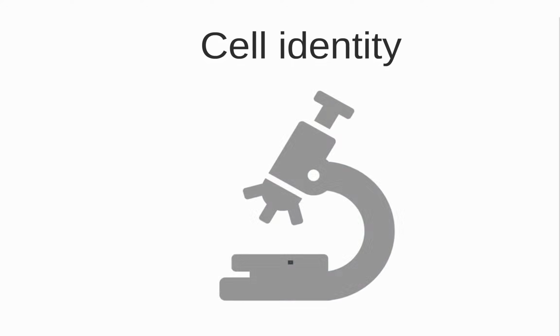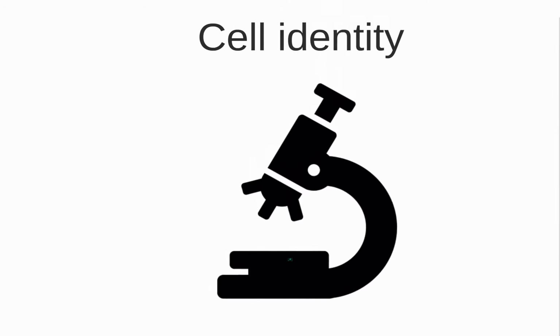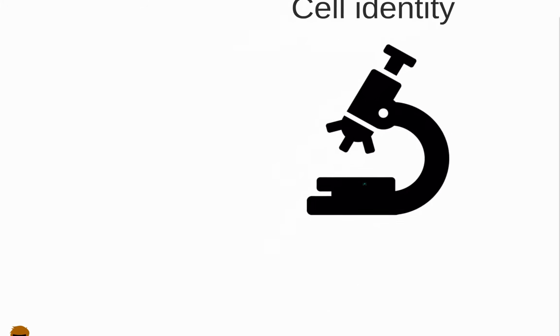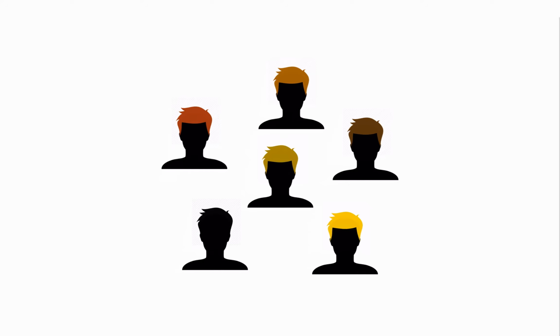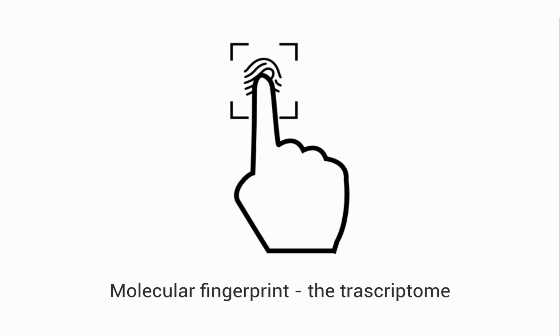There are various ways you could attribute an identity to a cell. One very simplistic way would be to just look at different cells under the microscope and determine what they look like. This would be the equivalent of determining a person's identity by hair color. So that would give us a very rough distinction at best. Often we would see no differences between cells at all. What we want is the equivalent to a person's fingerprint. And we can actually look at a molecular fingerprint of a cell called the